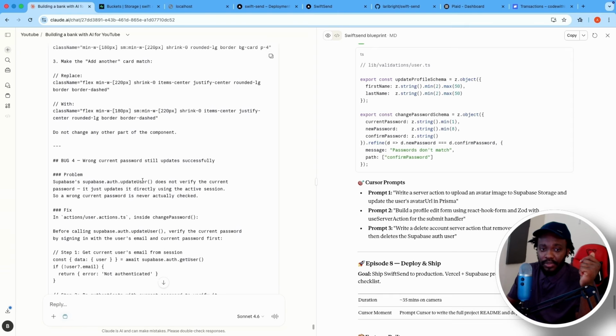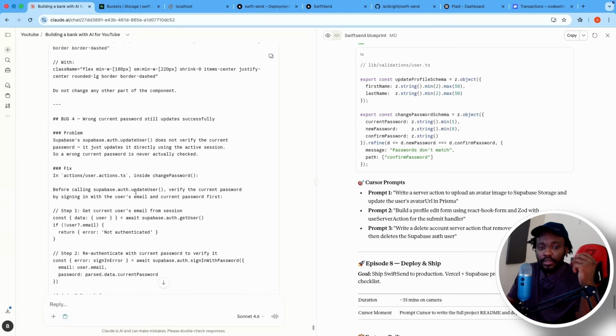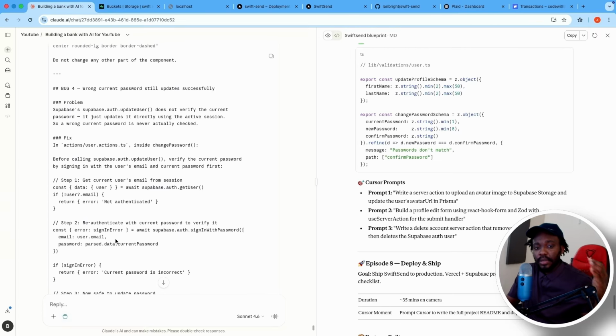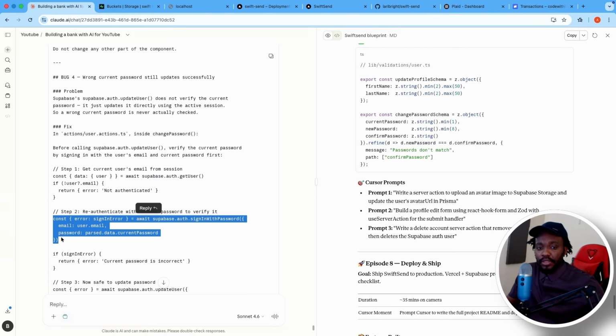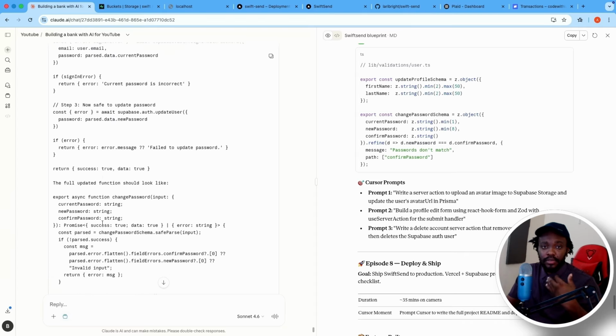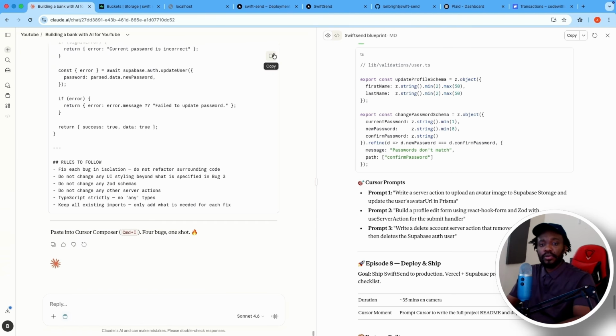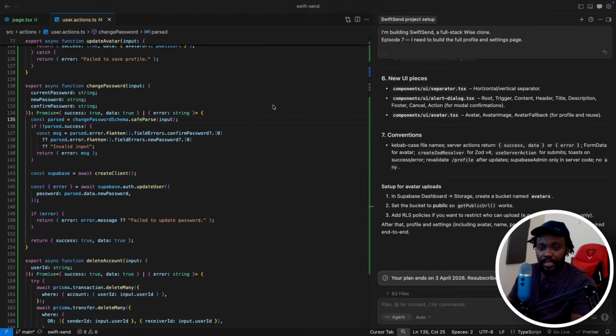And the most serious one, we have a wrong current password that still updates successfully. We are not checking the current password before we update it. So it says what we're going to do: re-authenticate the user, and if there's an error during signing in the user, then we are going to return an error. Otherwise, go on and update. So everything is cool. We are going to copy this and come over to the IDE